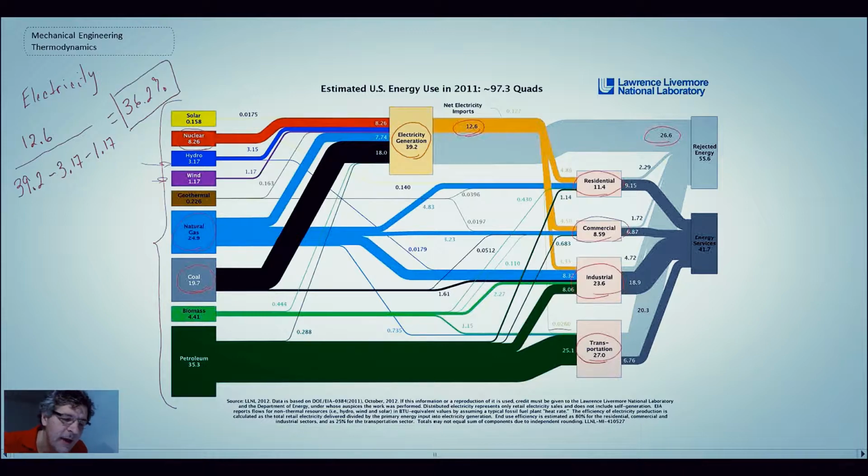Energy production, typically the Rankine cycles that they have, are efficient on the order of about 36.2% for electricity generation. Now we can do the same thing for transportation. Looking at transportation, the useful work coming out is 6.76, and I'm going to divide that by the input, which I'll say is 27 quads, because we